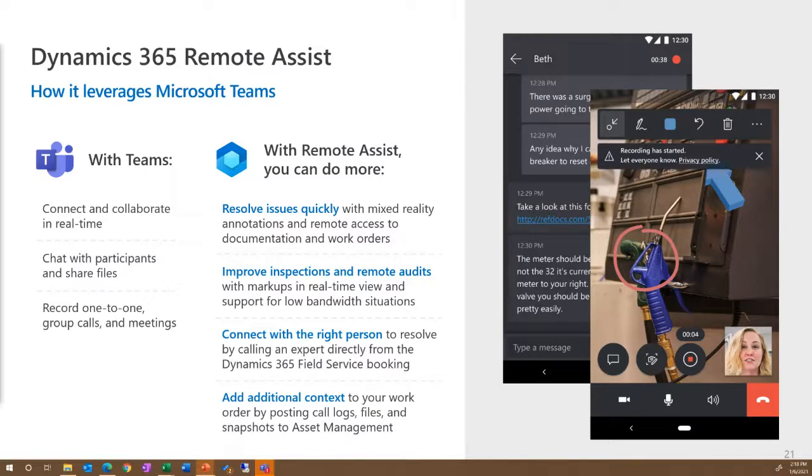With Remote Assist, once a video call has connected, the Teams user will see everything the HoloLens user sees in their space, including any holograms. Annotations are useful for pointing out different parts of your space, including parts that may be difficult or dangerous to reach. All call participants can see each other's additions and can make annotations of their own. Once an annotation is placed, it will remain anchored in your space until the person who placed that annotation deletes it. Adding annotations to files works the same way.